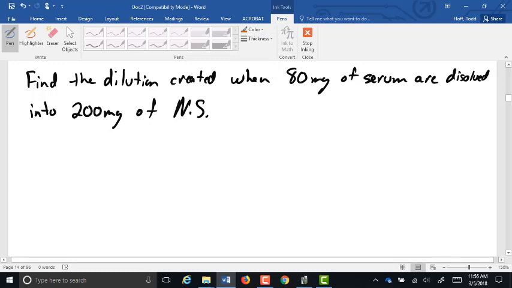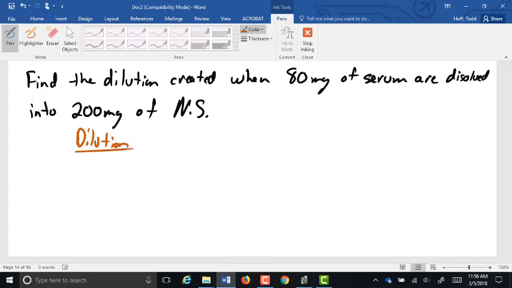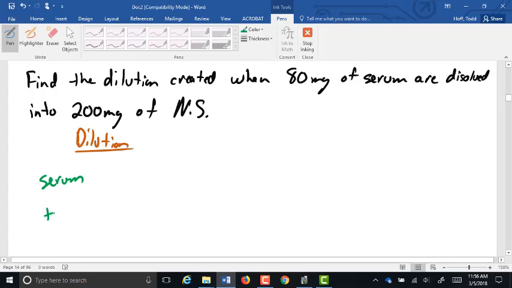So again, we're looking for the dilution. Of course, the dilution is serum to total,